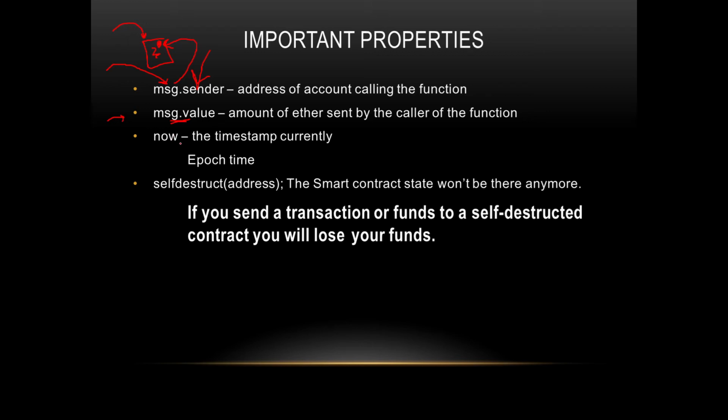The now timestamp. Now is basically a keyword which will give the timestamp at which the transaction or the function is called. Once the smart contract is deployed, the timestamp doesn't apply at that time. When the particular function which has this keyword inside it is called, and the transaction for this function is confirmed, only then the time of the transaction will be given by now,